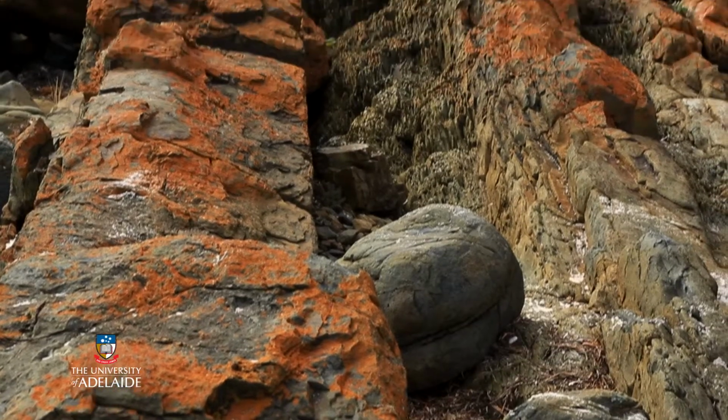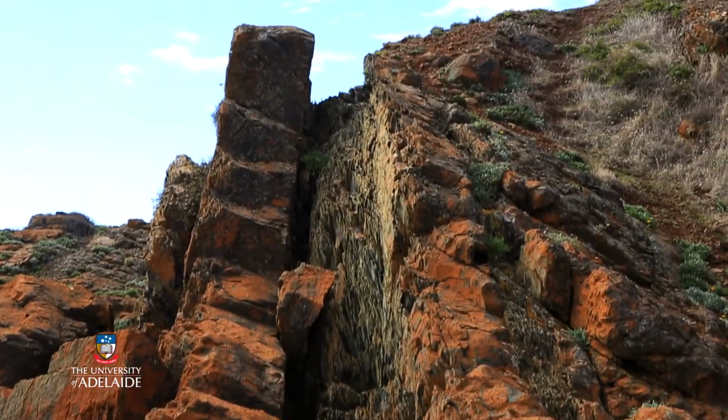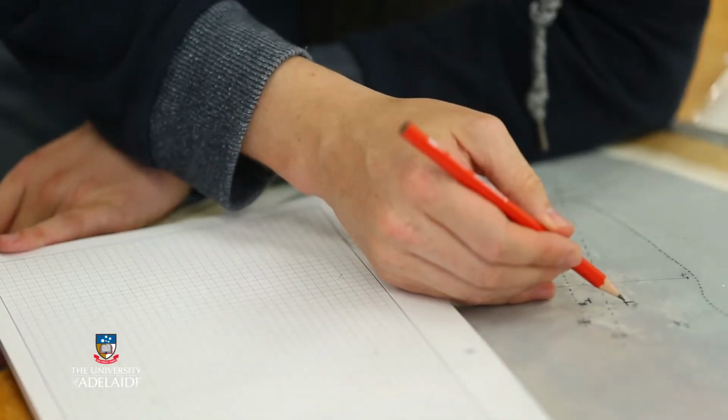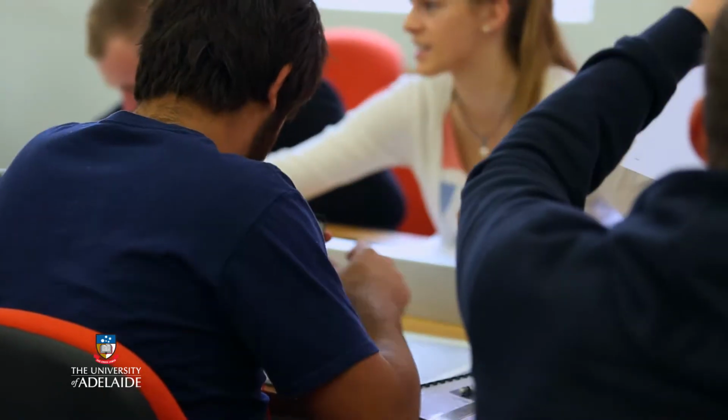It was interesting to see the rocks. It was interesting to see the stuff that we've only seen on paper in our lectures and our pracs. And then back at uni, back in the classroom, as it progressed and you learnt more stuff, you just had more of an understanding and you could just visualise it all more, and it just all helped with the understanding